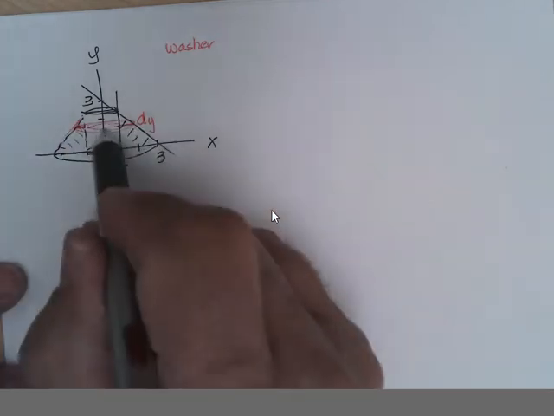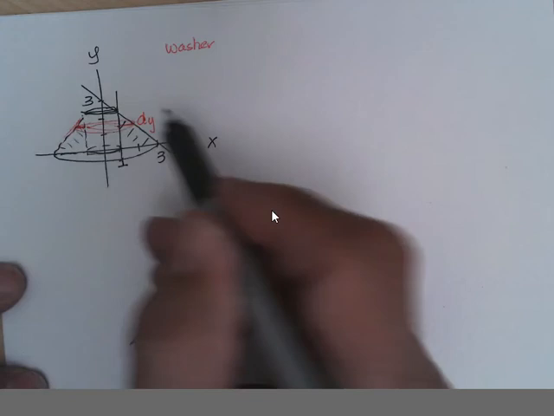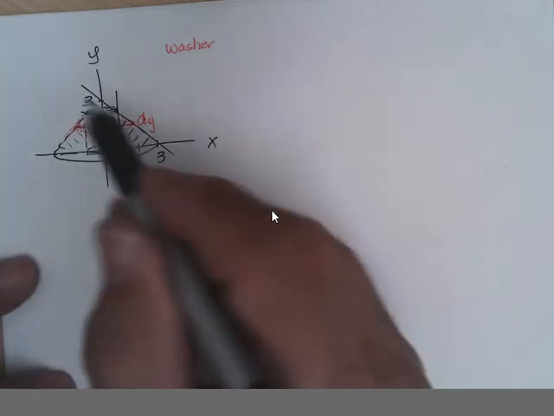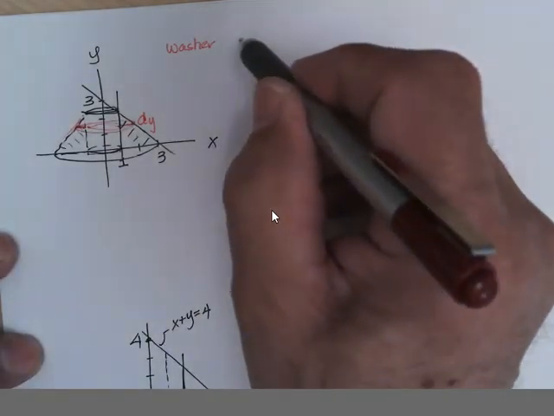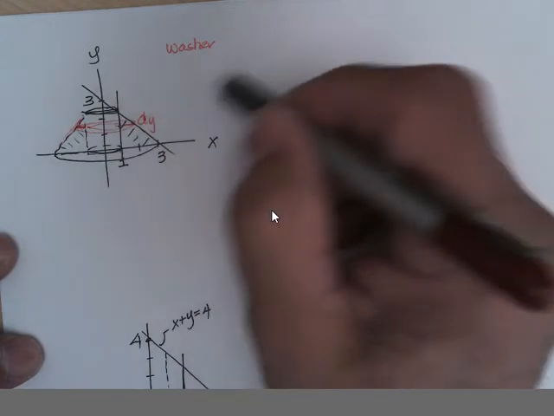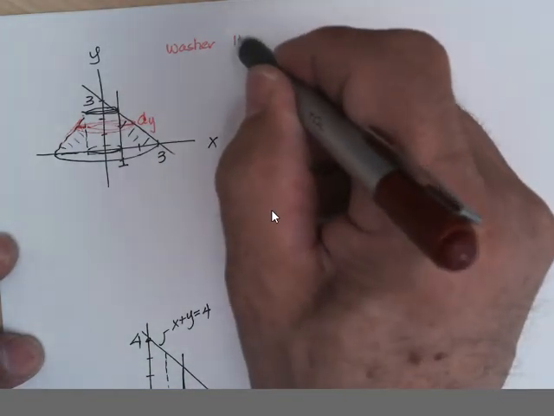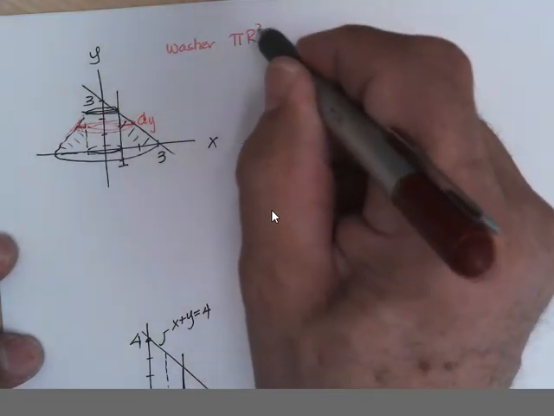The whole disk is going to be like a very short cylinder, only dy high. And a cylinder's formula is the area of the base, pi r squared, times the height, dy. So it's going to be pi r squared dy